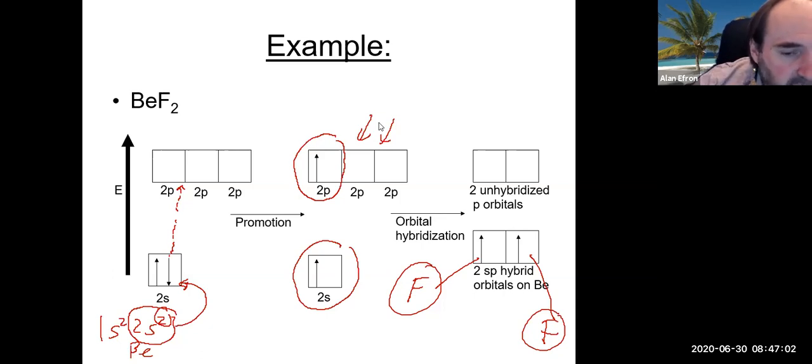And that's where our bonds would come from: the sp hybrid orbital of our beryllium bonding to our fluorine on each of those guys. Again, they each have 1 electron, which means they could share 1 electron in this case. So if we drew BeF2